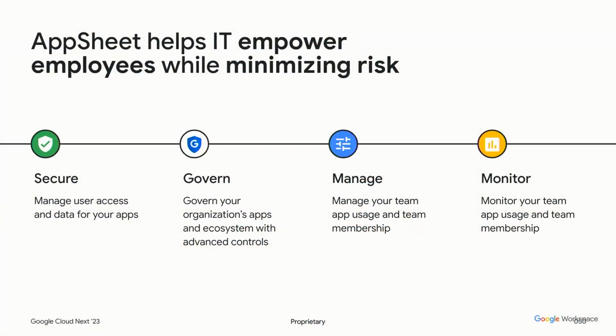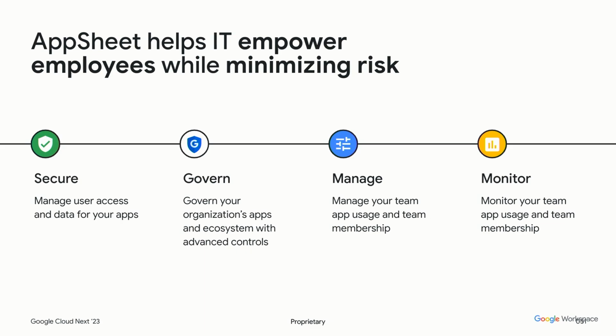Now, before we wrap up here, I know we are almost at time. I just want to say one or two words about why all of this citizen development and access to business data to update it real time, synced across all devices, should not be deeply terrifying to all of our IT folks in the room and all of our folks focused on compliance and security and governance, because AppSheet has been built from the ground up with governance and security and scalability in mind. We do this across 4 areas: security, governance, management, and monitoring, and we have multiple features in each of those areas that help you, from an IT perspective,